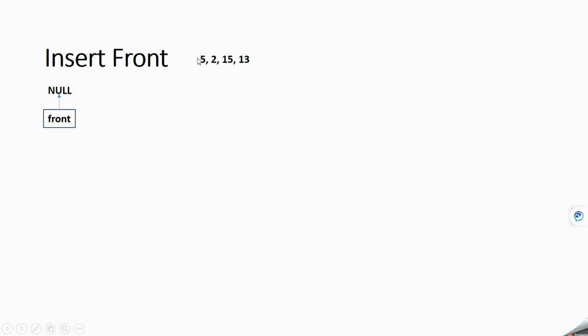First we'll take this 5 and insert it into the linked list. Now the linked list has one element. Next we'll take this 2 and insert it in the front. So the linked list now has two elements. Similarly we'll insert 15, then 13. This is the front of the linked list.